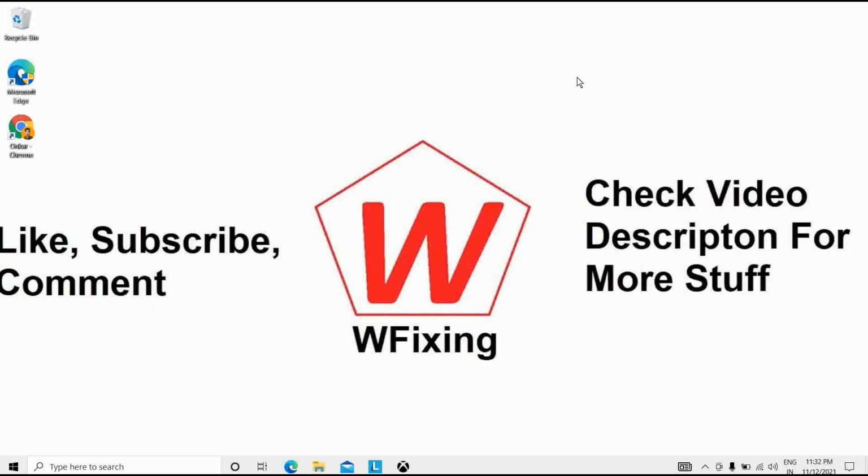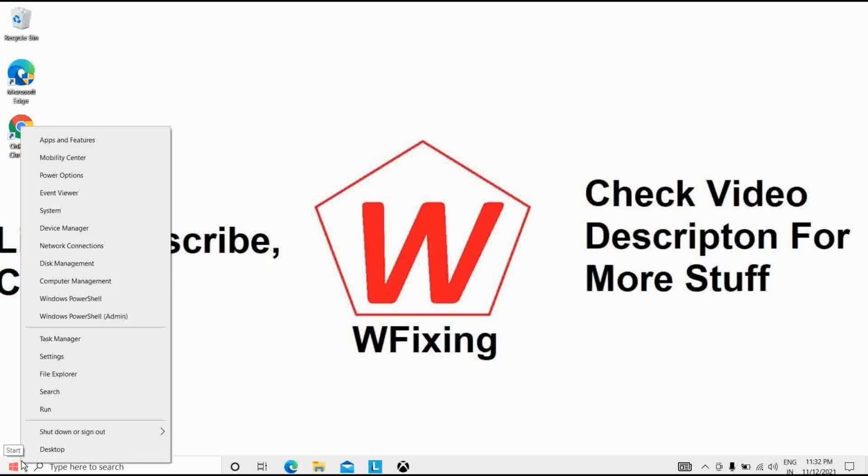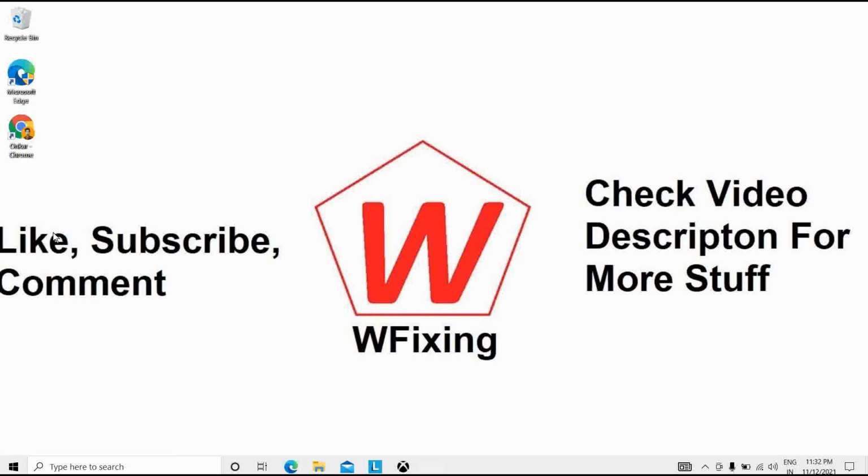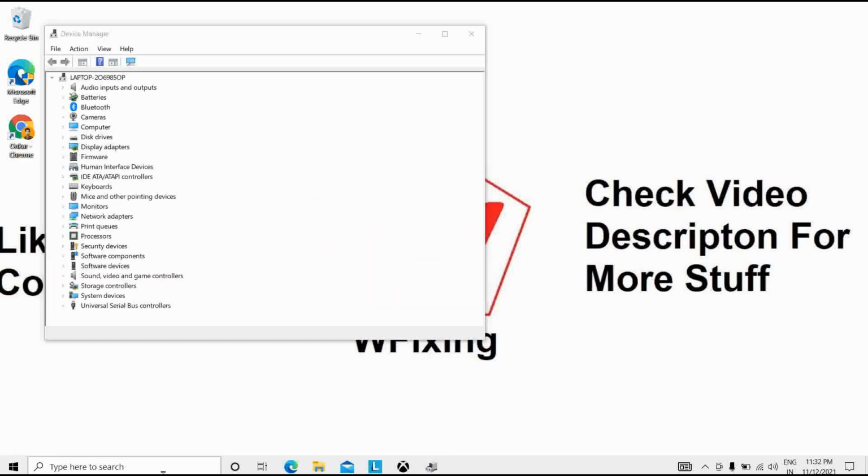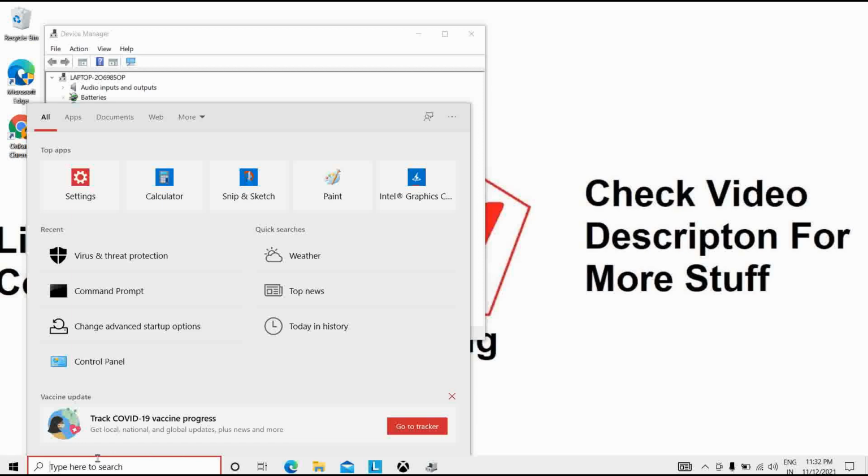The next solution is updating your drivers. For that, we have to open device manager. By right clicking here you can open device manager, or if you don't know how to open it, you can simply type device manager in the search bar.